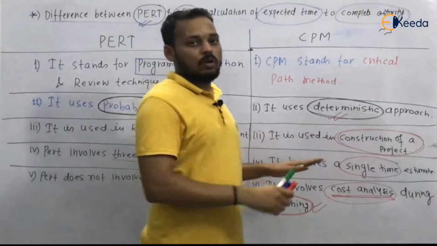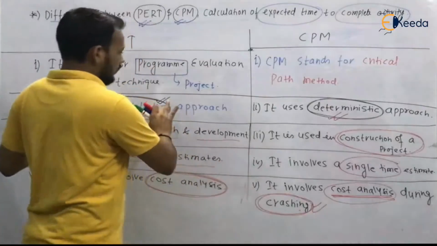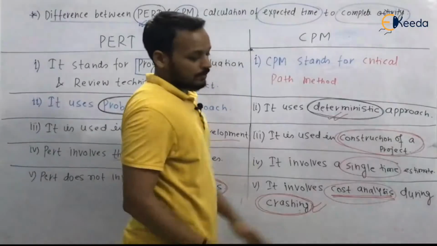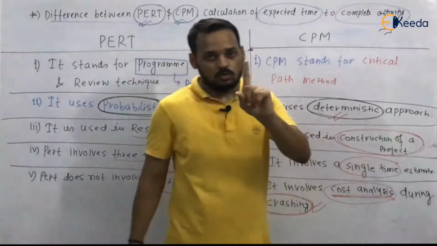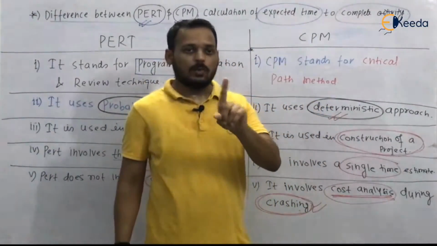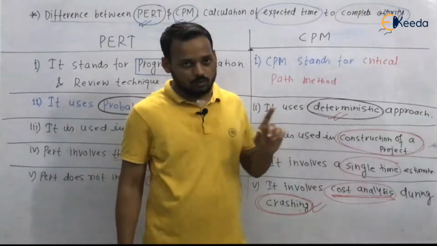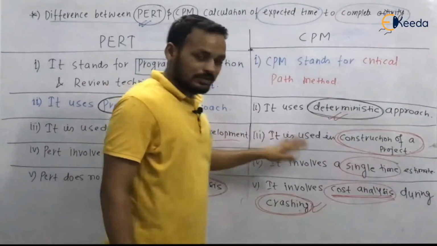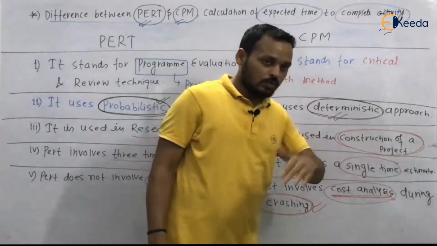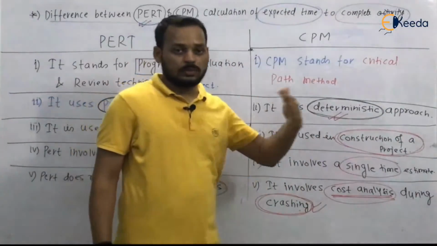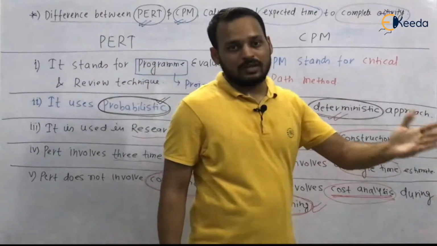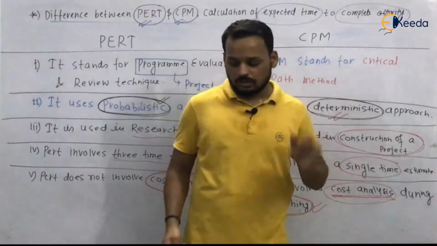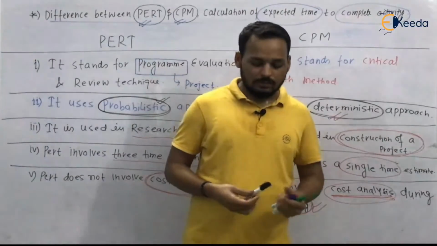And from now our topic will be completely based on these differences. So now you know how to make a network diagram. You can make the network diagram, and you know the differences between PERT and CPM. So you are slowly moving into the depth of the topic, and after some lectures you can solve the numericals. And that I will tell you.